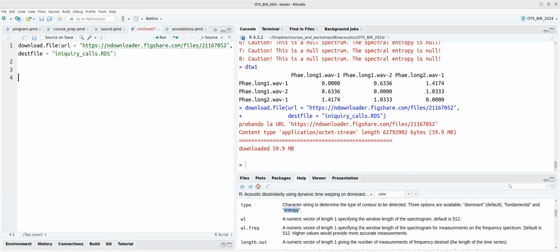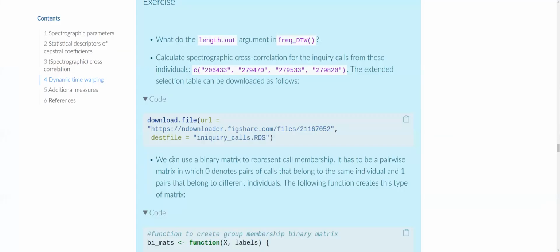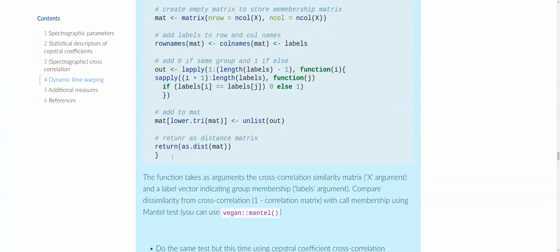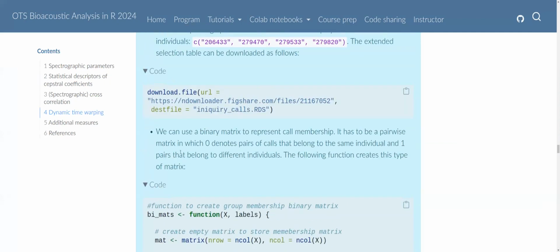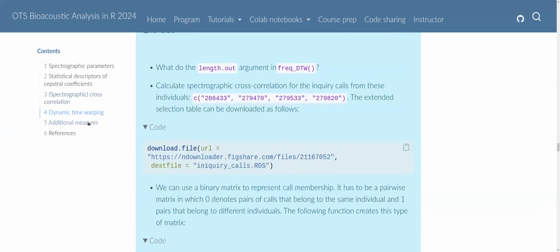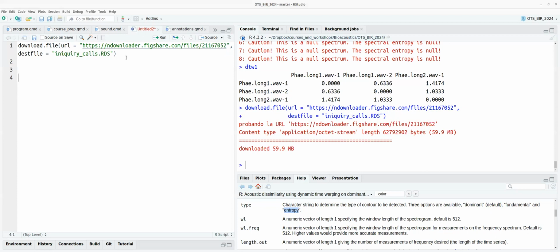And if that works, we'll end up with a file called